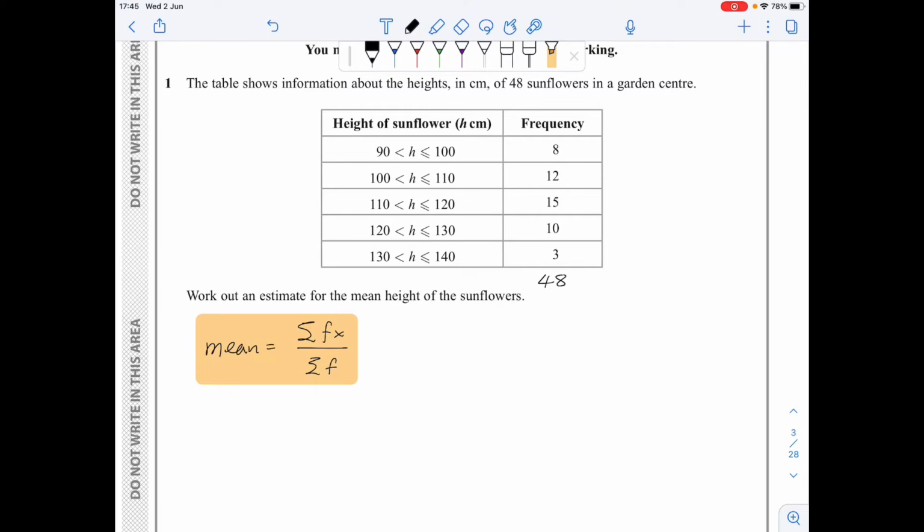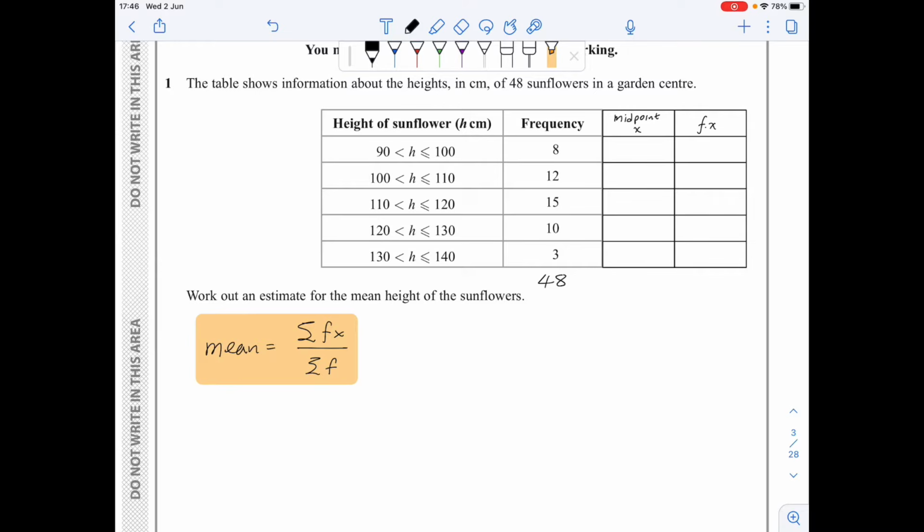Now to find fx, I will first calculate the midpoint of each group and then multiply the midpoint by the frequency. I have added 2 extra columns to my table, one for the midpoint, which I have labeled x, and another one for the product f times x. Now the midpoints are 95, 105, 115, 125, and 135. I found this by adding the upper and the lower bound of each group and dividing by 2. And then once you do the necessary multiplications, I will get the following results: